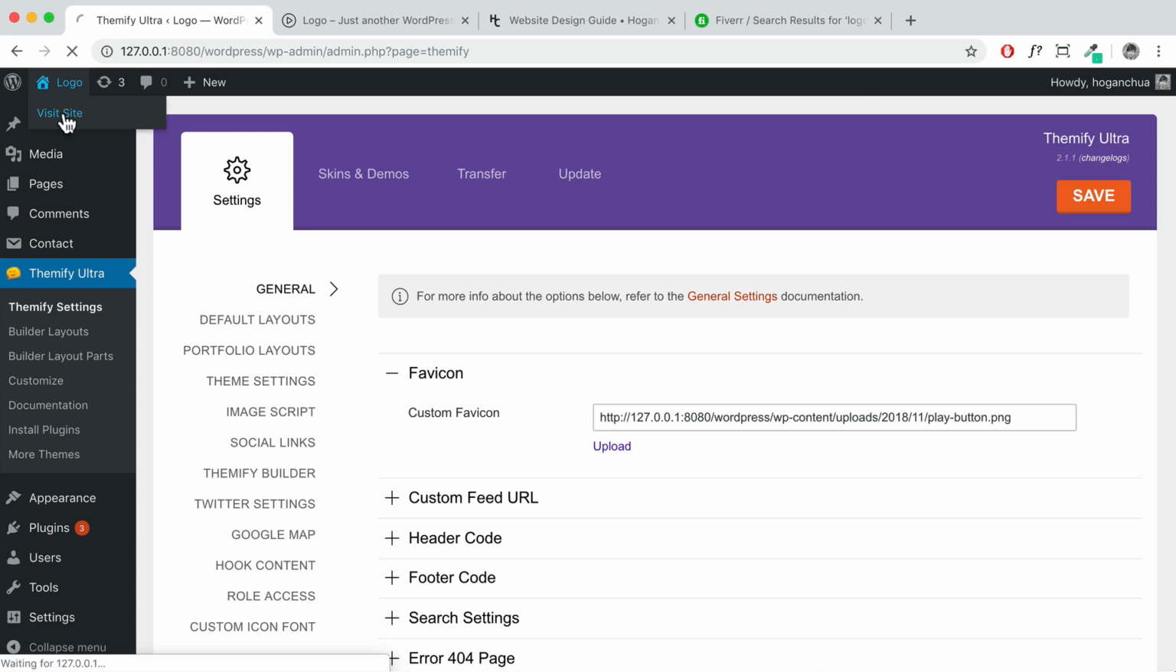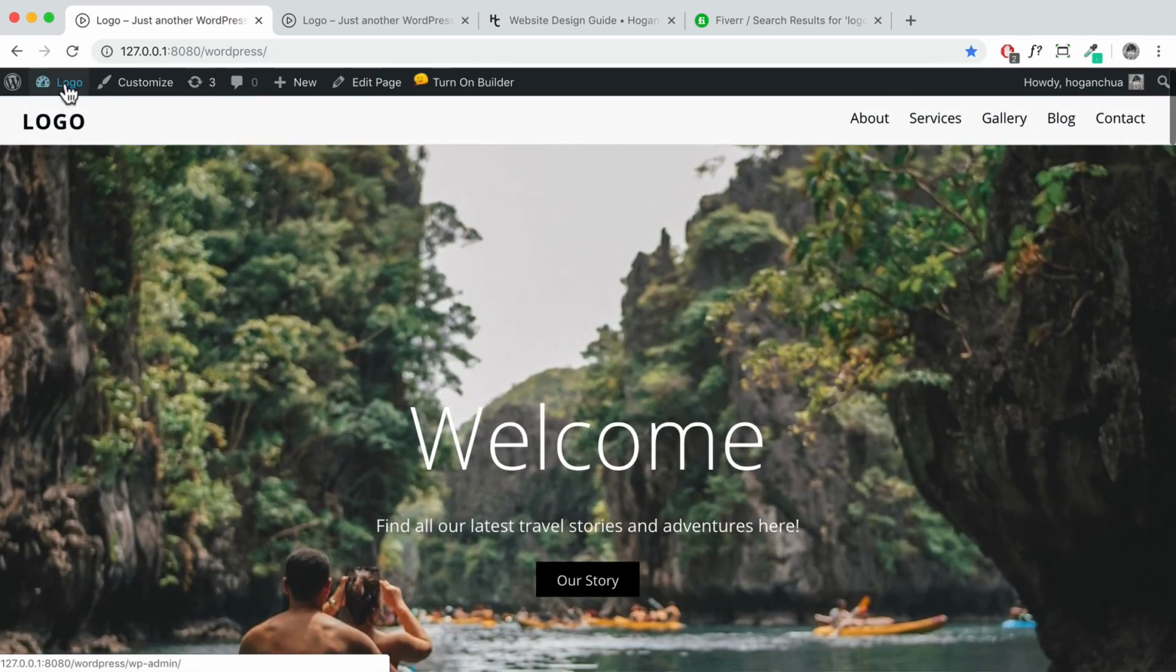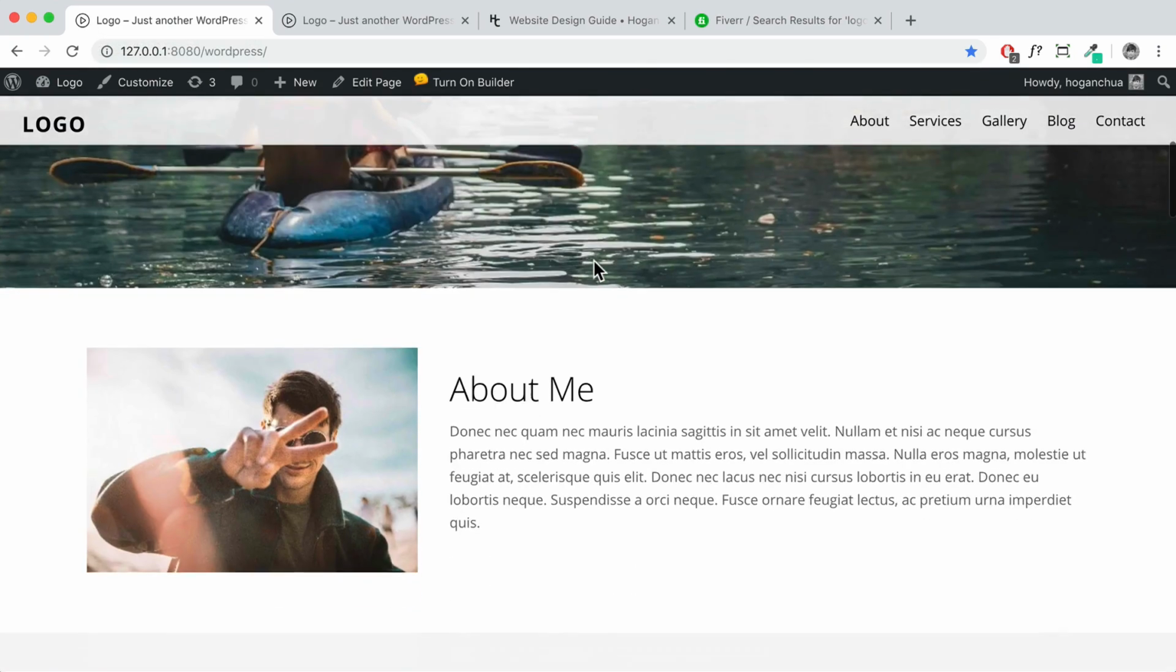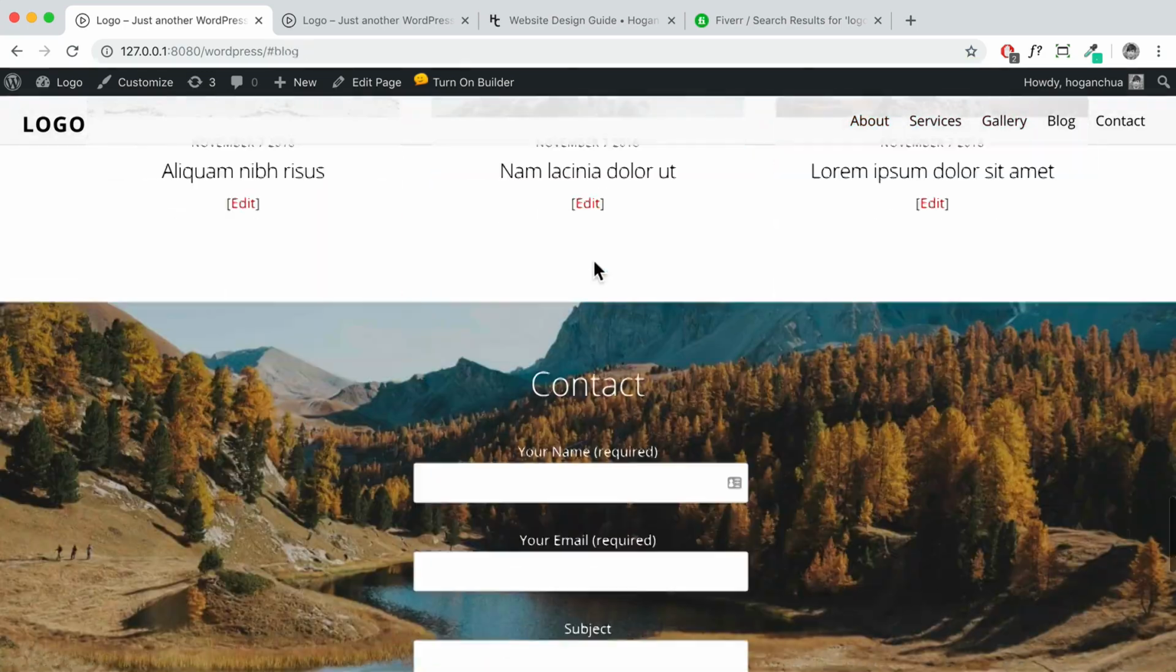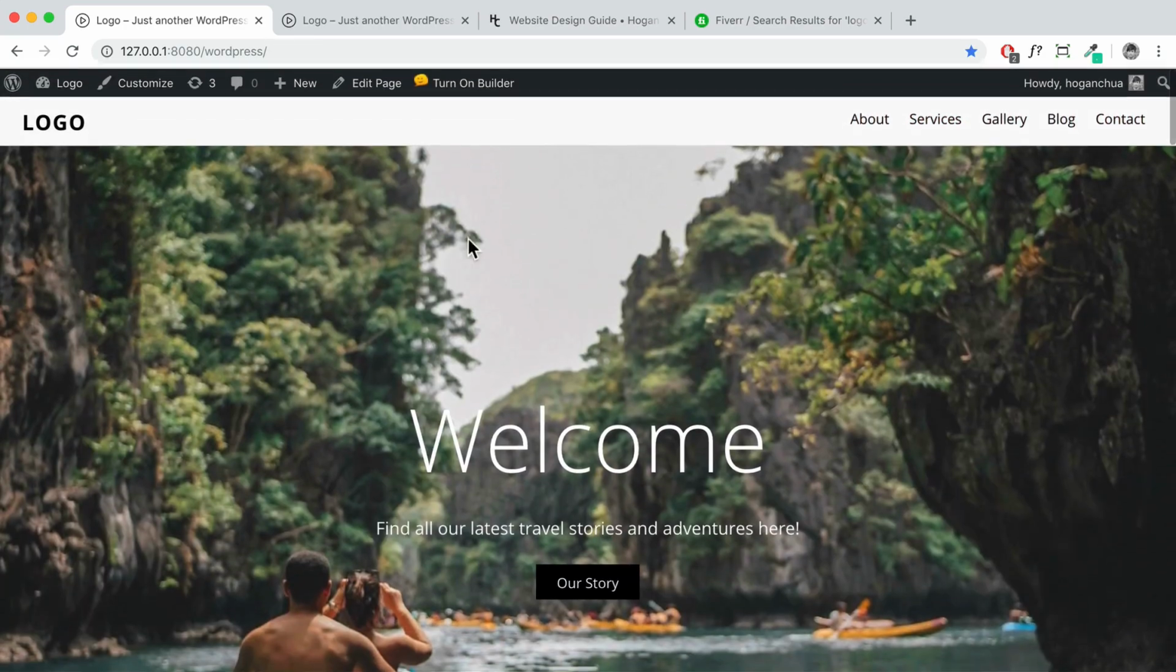And then if you go back to visit your website, the logo should show up there, your favicon. All right, so I'm going to show you how to edit the fonts and colors for each of the sections, right? So we're going to click on customize,